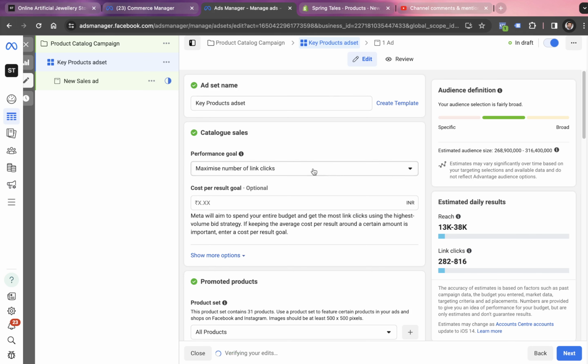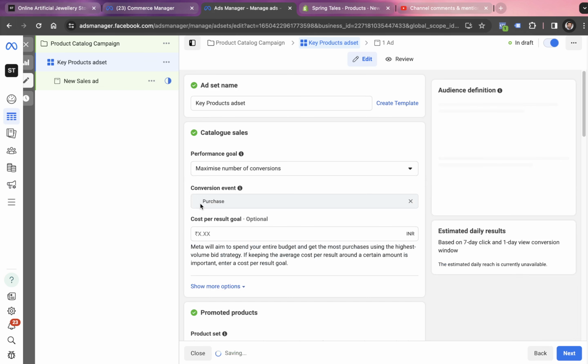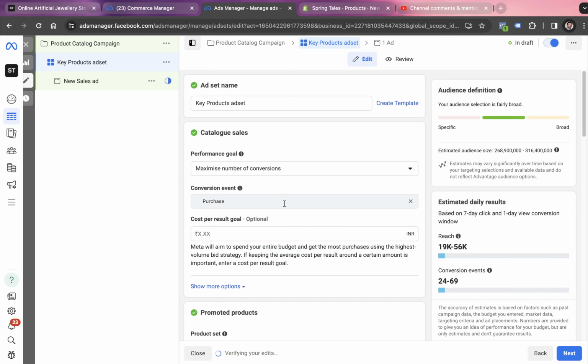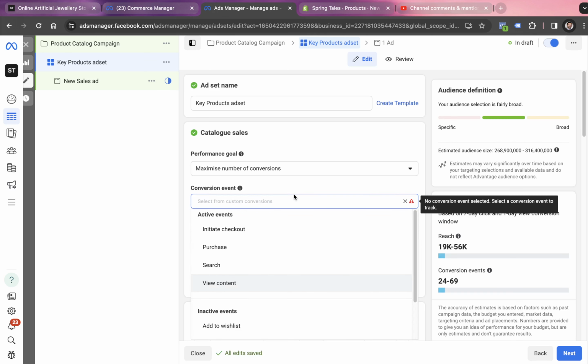Perfect. Now we have to look for this option that says maximum number of clicks, maximum number of conversions, or maximum number of impressions. Now what do you think would be the objective or the goal for this campaign if the idea is to generate sales? So if you are thinking about maximize number of conversions, then this is the right objective. Then additionally, we have to look for another very important thing, which is the conversion event.